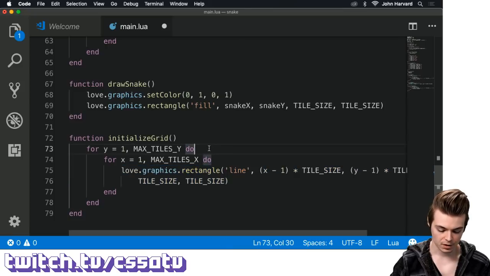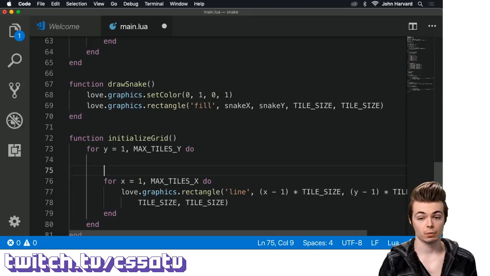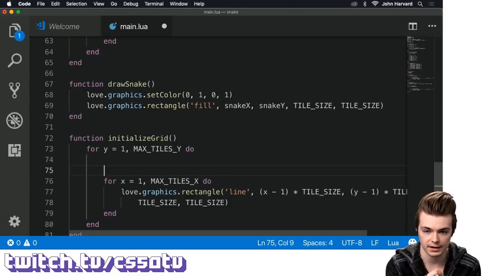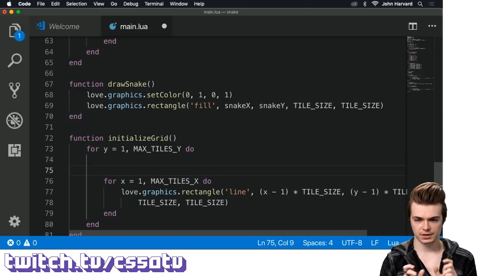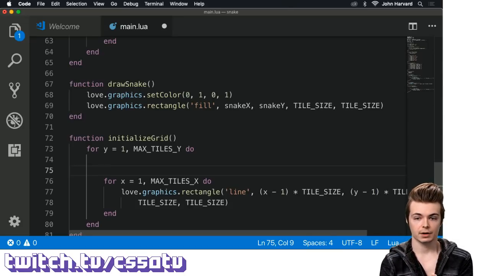Now, for my table to work as a data structure for this example, I'm going to want what's called a 2D array. I'm going to want a 2D grid of integers, basically. So it's a 2D array in C. It's a 2D list in Python, although Python's a very flexible language where you can have lists of all sorts of weird stuff. Lua is kind of the same way, but we're going to have just a bunch of tables within this table, and then those tables are going to represent our